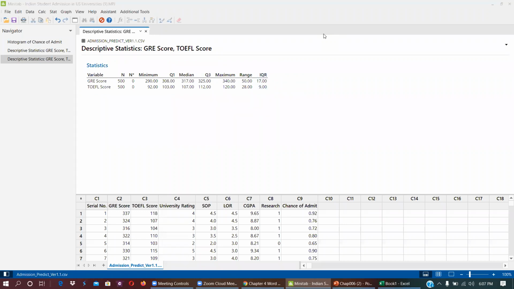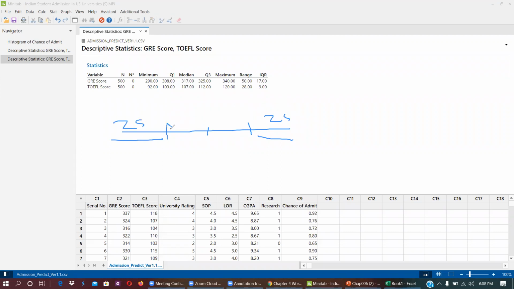So let's say this is the data. This is 25%, this is 50%, this is 75%, this is 100%. So I don't want this 25%. I don't want this 25%. I need middle 50%, this one. That means, so what is this range? This is 308 and this is 325 and this is called interquartile range, which is 17. I asked this question and many students put this 317 as answer. Therefore, I'm explaining everything here.